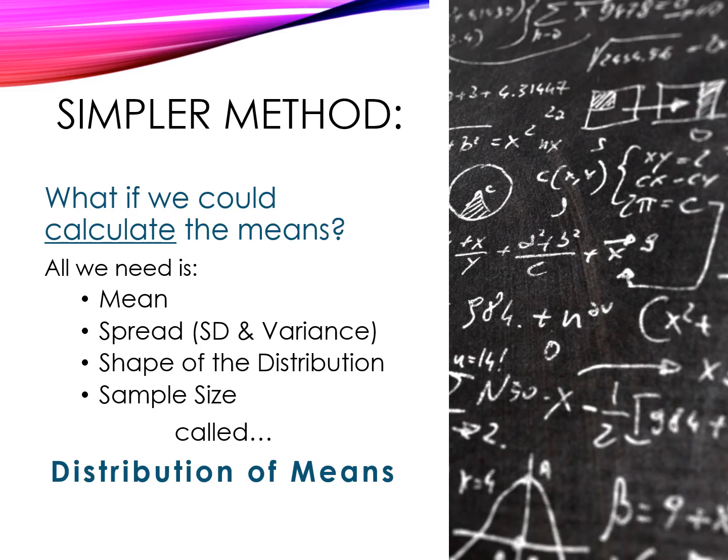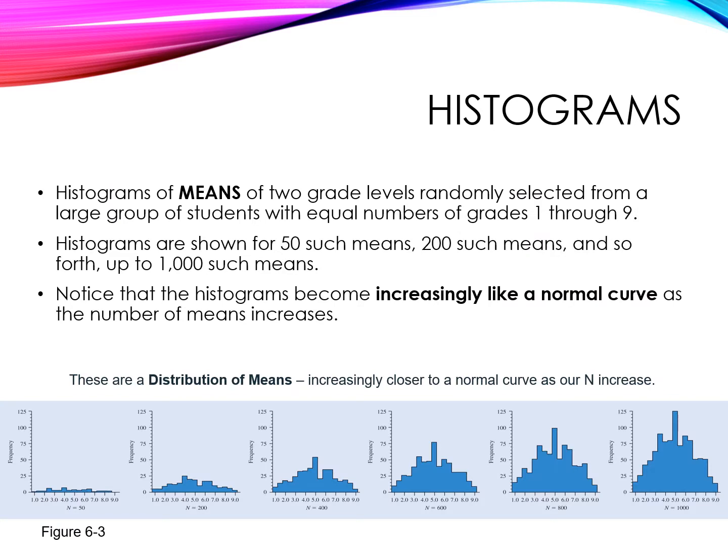Here is the simpler method. What if we could calculate the means? All we need is the mean from our sample, the spread of our sample, the standard deviation and the variance, the shape of the distribution, and our sample size. This is called the distribution of means. And I will show you step by step how we will calculate what we need to understand more about our population. So let's look first at the histograms that come from